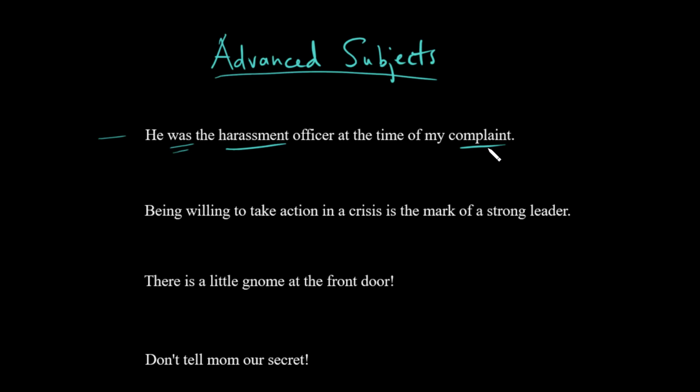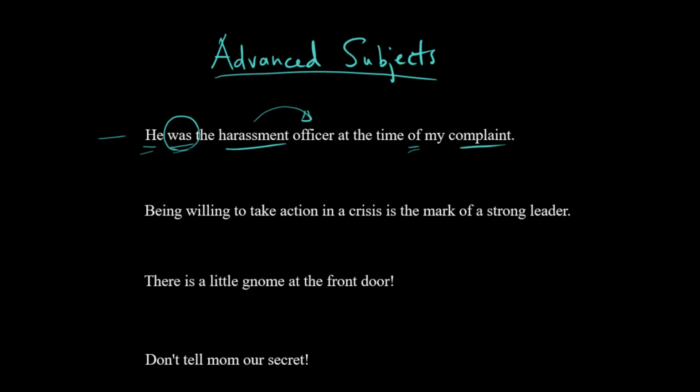But it's really critical that as we look at the sentence, we know what these words actually do. And in this case, harassment is acting like an adjective to describe the officer, what kind of officer, and complaint here is a noun. It's the object of the preposition here, the complaint. So it's not a verb. And that's why in this case, the main verb is "was," right? A linking verb. And then we can say, well, who or what was? And the answer is "he." So the takeaway then is watch out for those little verbs and don't be confused by words that sound like actions but are actually different parts of speech.